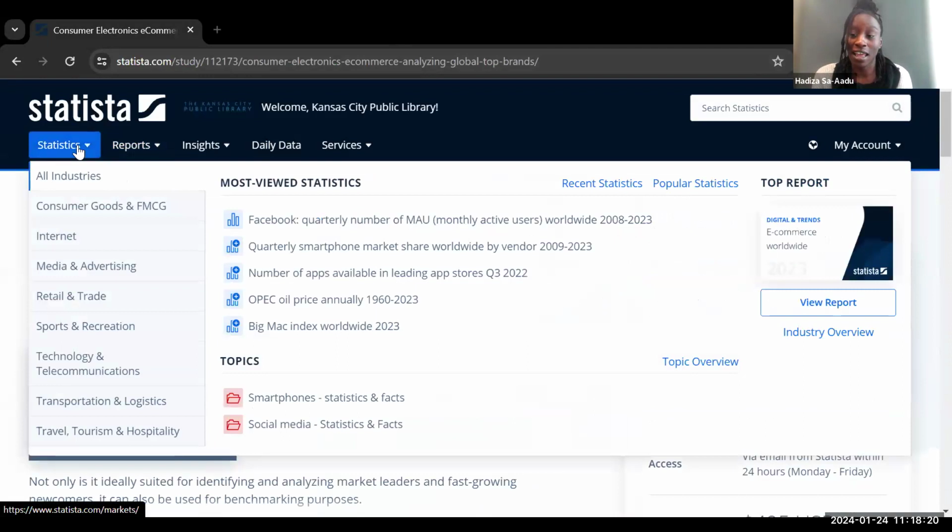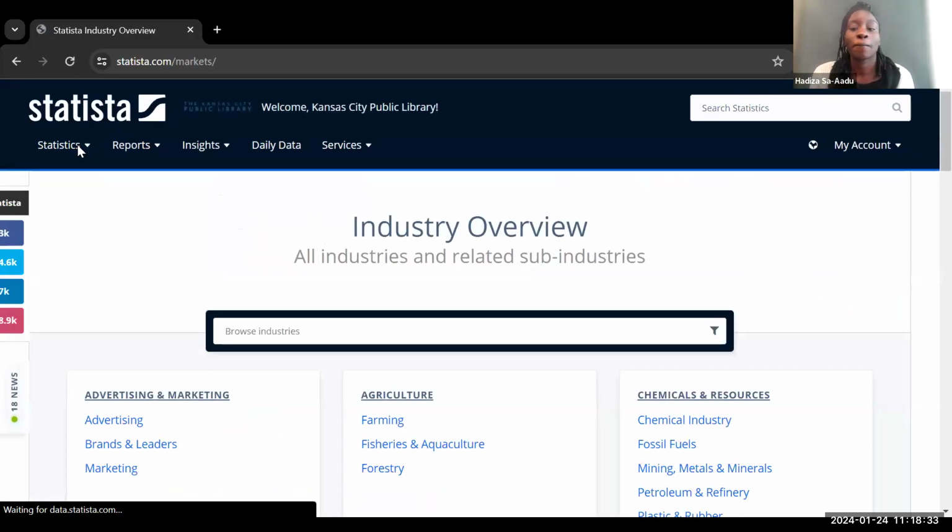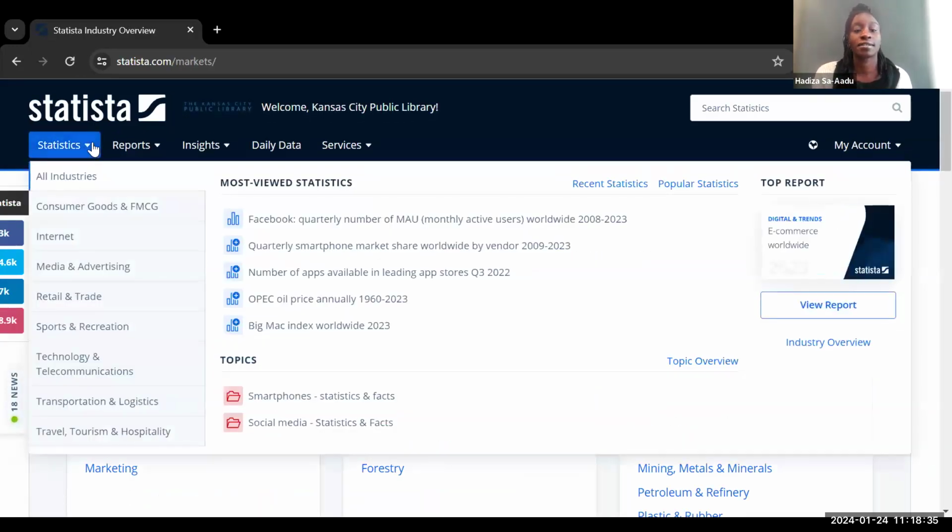And with that, I think this is a perfect segue into getting into the statistics tab here. So I'm going to click on that. And first, I'm going to hover actually over this tab. And when I do that, it gives us this drop-down menu here where we've got the options to select